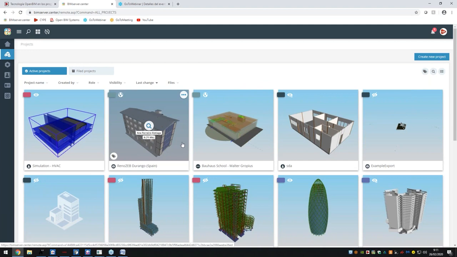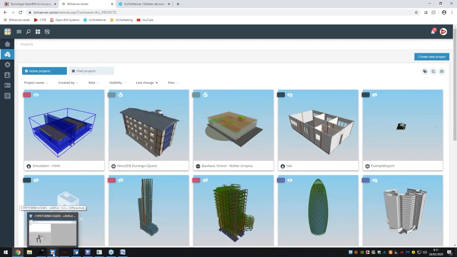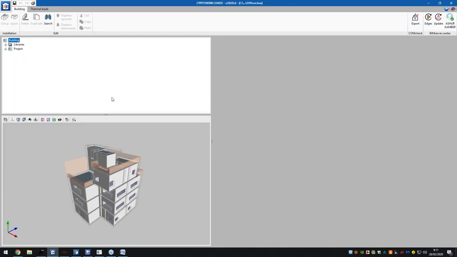Let's get into it. So our HVAC and energy solution. Now, what I want to stress is there are some particular methodologies that we would have to adopt to configure our HVAC and energy model. Now, initially, what we would do is start off with our Cyberterm loads program. Now, this is the program here. I've just loaded